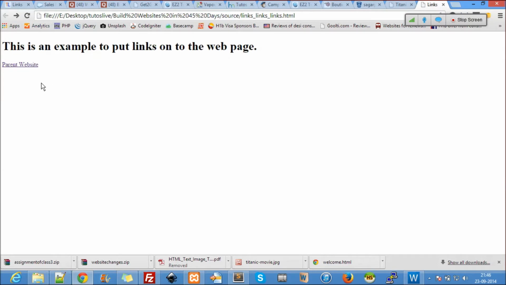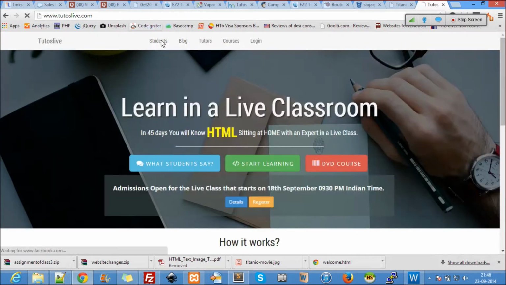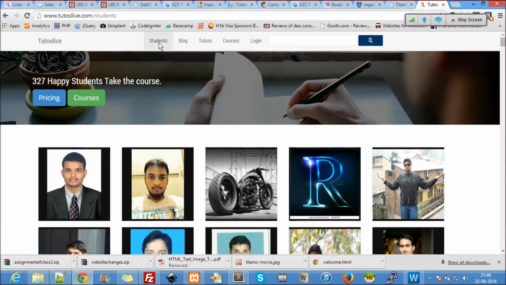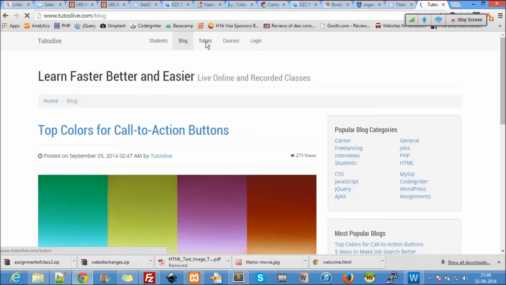These links all open in the same tab. Whenever I click on something, it opens in the same tab. Let's go to our page again.